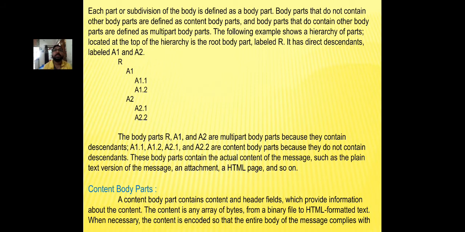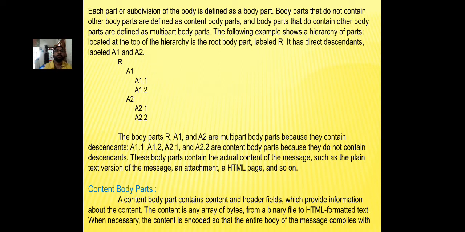Each part or subdivision of the body is defined as a body part. Body parts that do not contain other body parts are defined as content body parts, and body parts that do contain other body parts are defined as multi-part body parts.